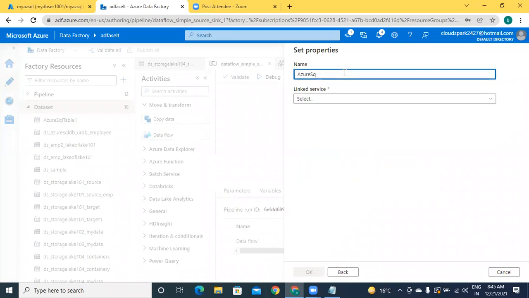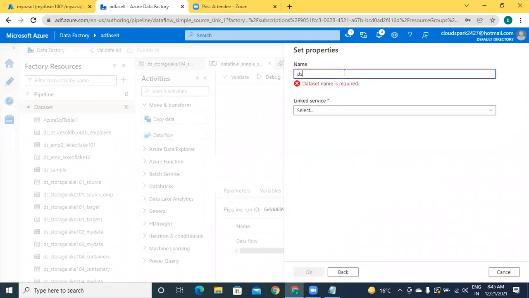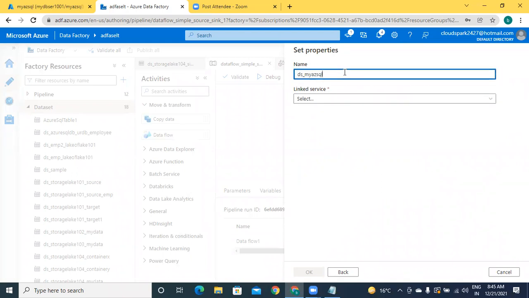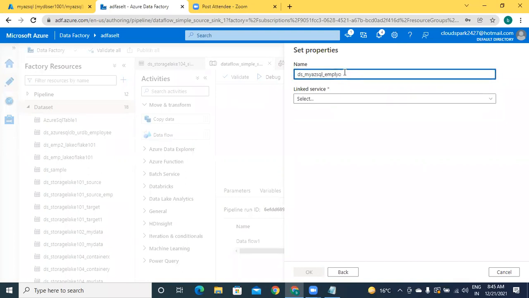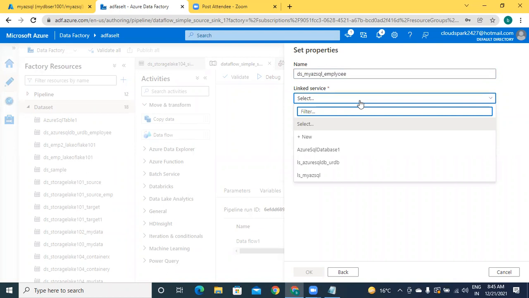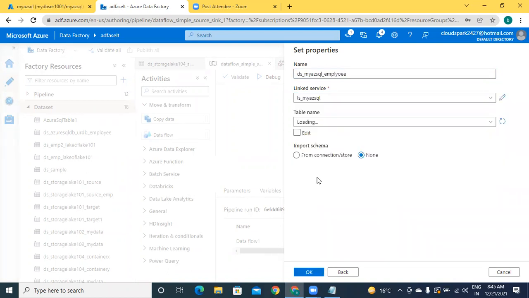The dataset name is ds underscore my az SQL underscore. What is the table name we have given? Employee. This is our table. The linked service we just created is ls my az SQL. I am selecting this.